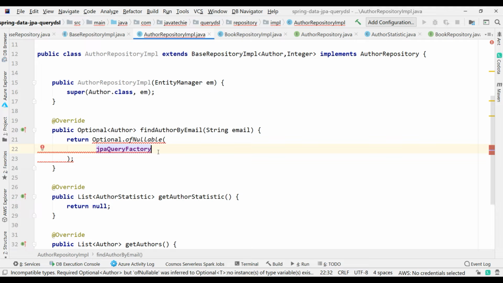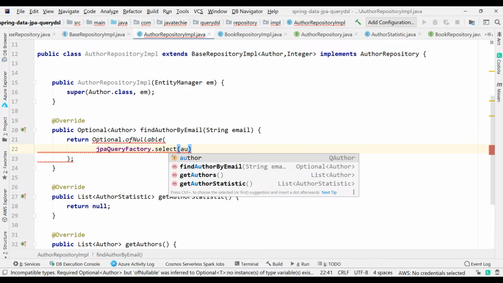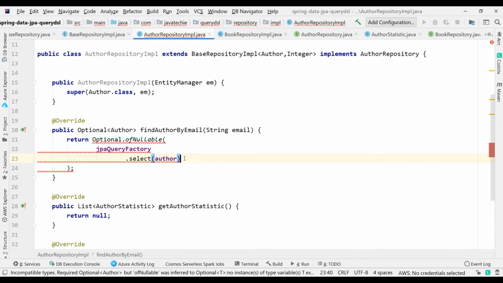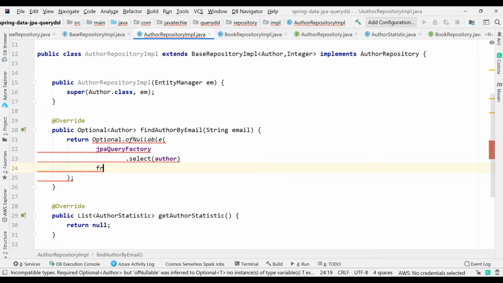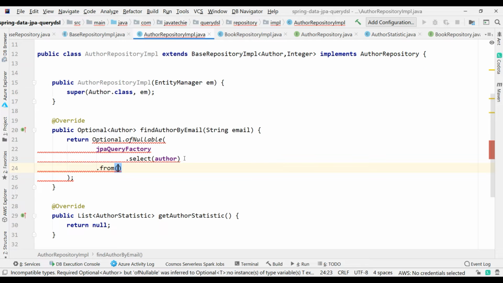So I can directly use it: select from author. And if you remember, this author is our QAuthor, generated by the apt Maven plugin. So just select from this table, dot from, the table name author, again it is QAuthor.